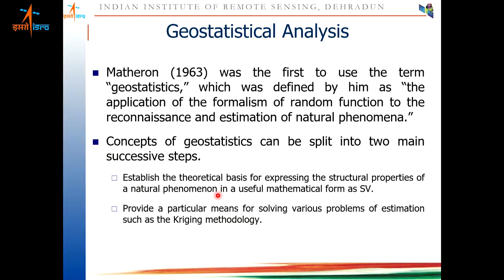That is calculated using the semi-variogram. Once this theoretical basis for the semi-variogram is present, then only the next step can be performed, basically estimation of value at an unsampled location, which is done using the Kriging method.